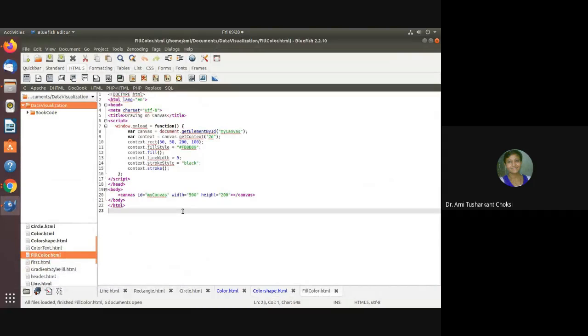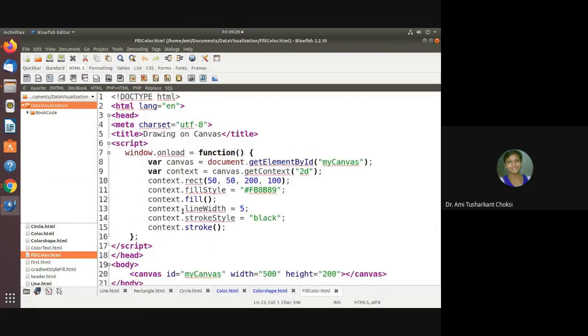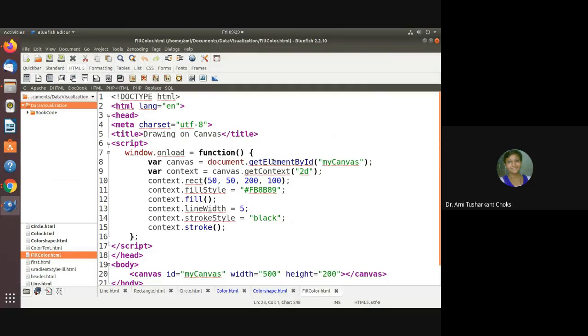Field color, right? Yeah. See, all these codes, whatever I am showing you here, all of them are available on the Google Drive of our lecture material of data visualization subject. So you can see from that also, and you can do the experiment with that. Here, if I change this, anything I change,